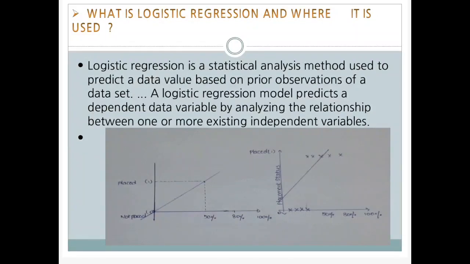Now we shall discuss logistic regression. First of all, what is logistic regression and where is it used? Logistic regression is used in classification problems where the labels are a discrete number of classes, as compared to linear regression where labels are continuous variables. This type of algorithm is used when output is in binary format. That is, it is used to predict the outcome of a categorical dependent variable. So the outcome can be such as yes or no, high or low, placed or not placed, 0 or 1. The value should be discrete categorical.